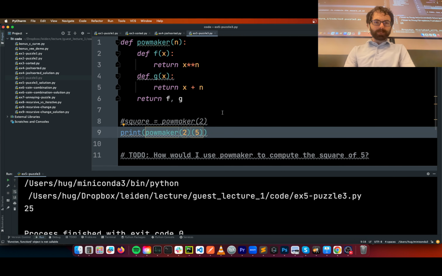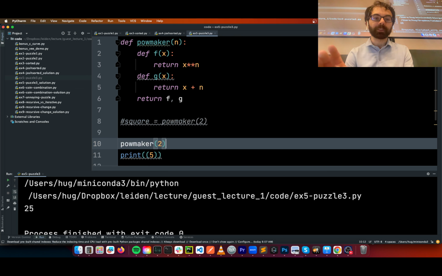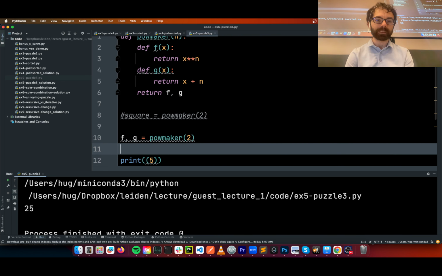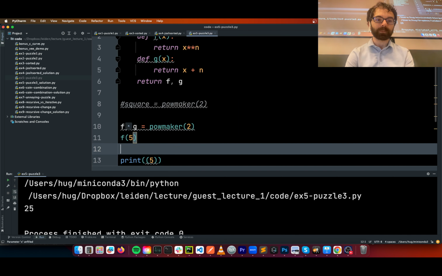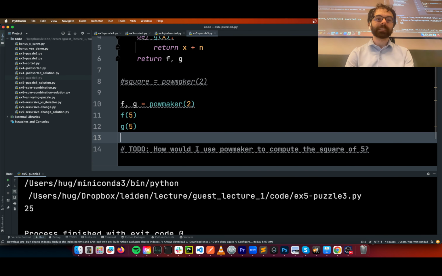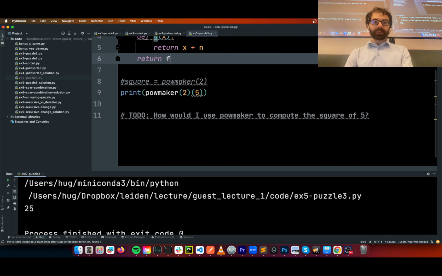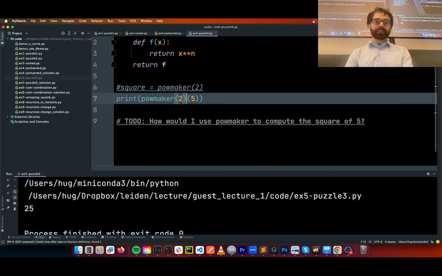I don't know what this code will do. I don't think it will be happy, because it's going to try to pass 5 to a tuple. I'm going to undo it in a second, but this would be like f, g equals PowMaker, and then I could do f of 5, g of 5. That would be okay. Does it make sense? Okay, all right, I'm going to undo all that, and then I'll take the other question I saw waiting.